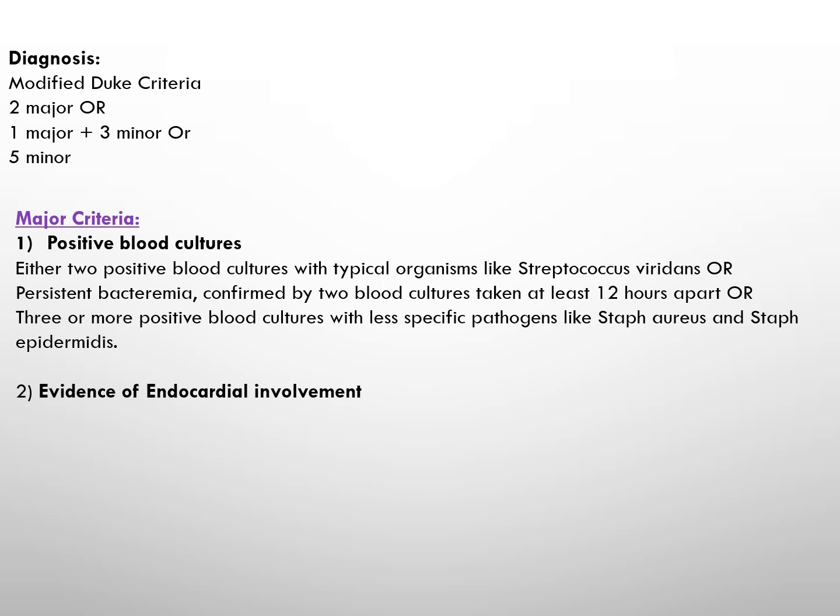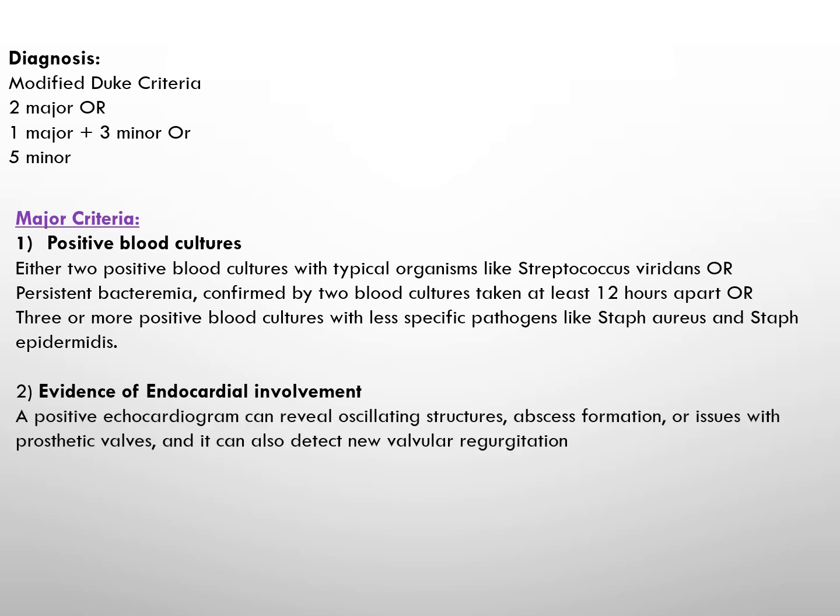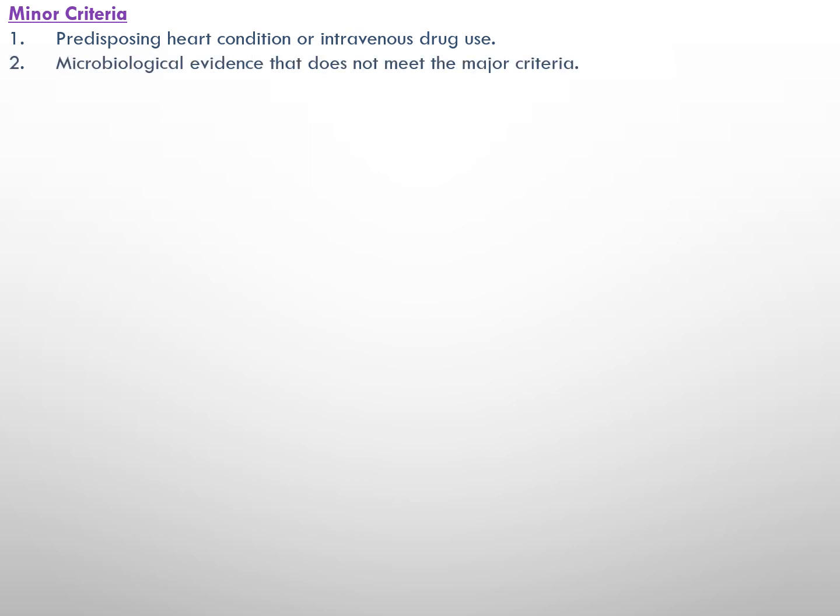The second option is evidence of endocardial involvement. A positive echocardiogram can reveal oscillating structures, abscess formation, or issues with prosthetic valves, and it can also detect new valvular regurgitation. Minor criteria include pre-existing heart conditions or intravenous drug use, microbiological evidence that does not meet the major